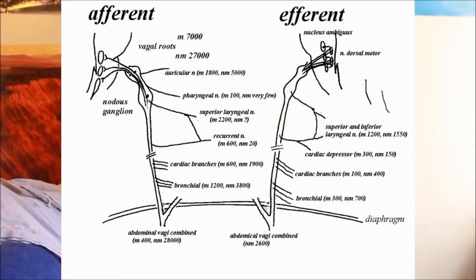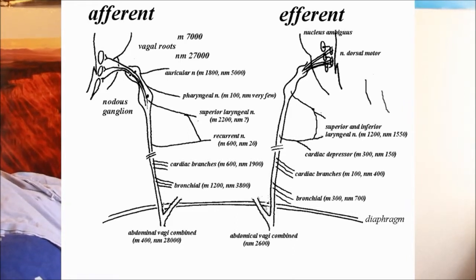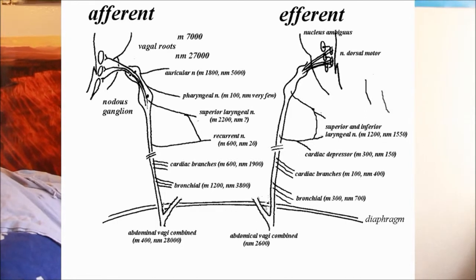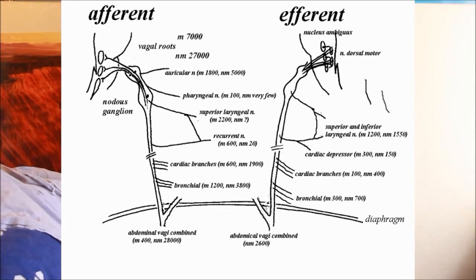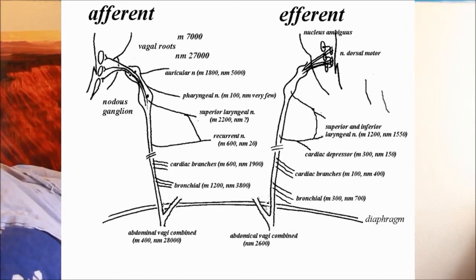Here are a few more definitions you may want to know. Afferent pathways carry nerve impulses into the central nervous system. For instance, if you felt scorching heat on your hand, the message would travel through afferent pathways to your central nervous system. Efferent pathways carry nerve impulses away from the central nervous system to effectors, which can be muscles or